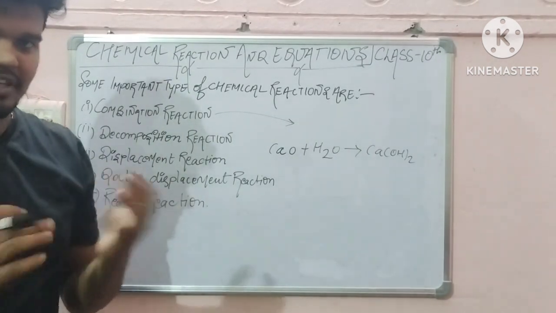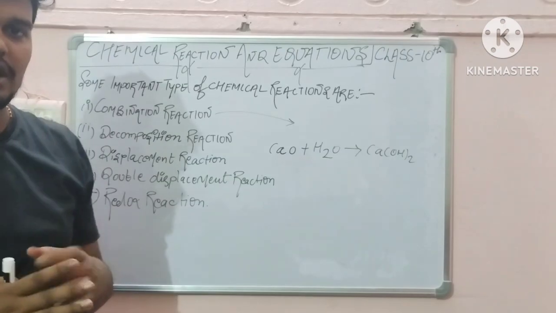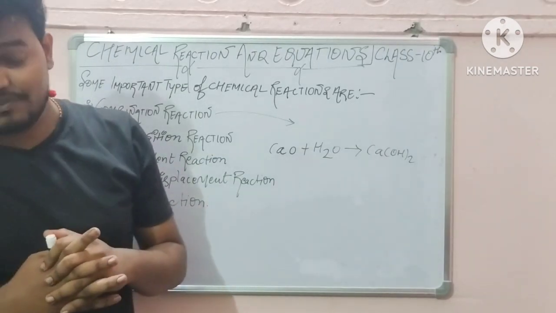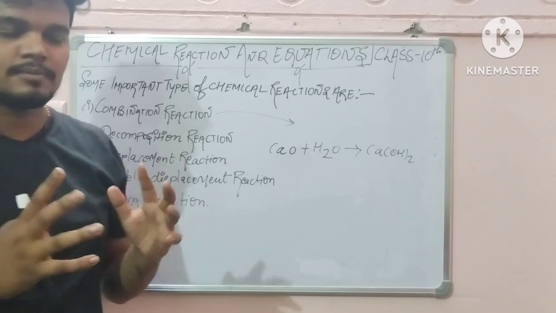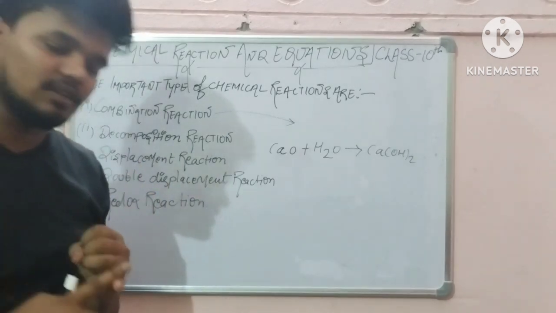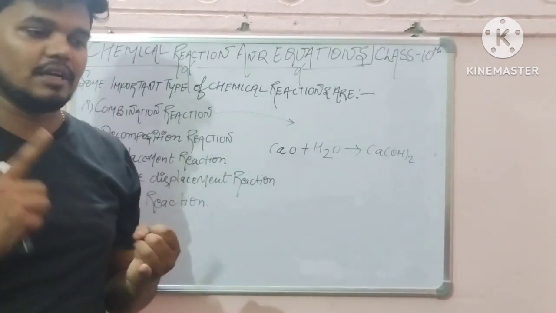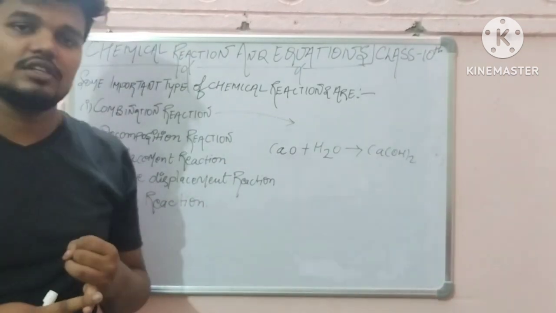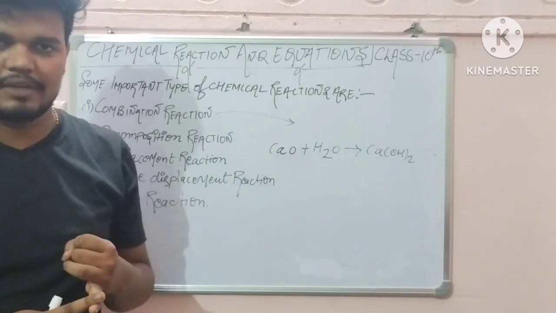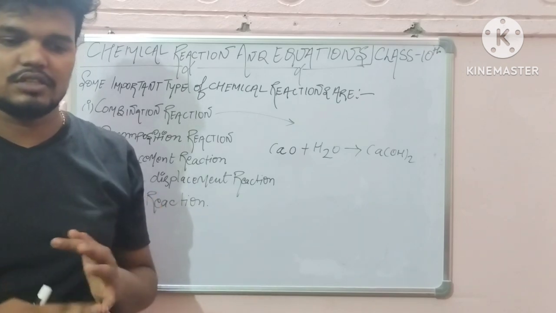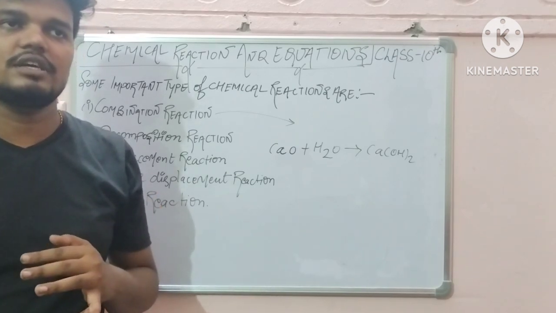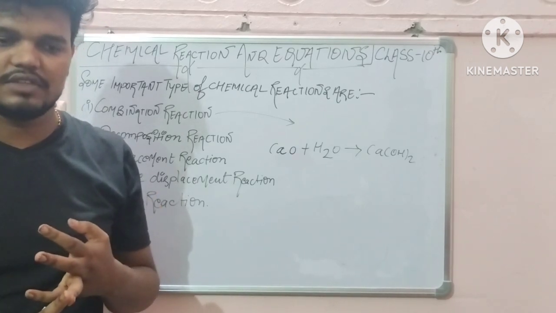So in the previous chapters we have studied many things of class 10th chapter first, that was chemical reactions and equations. Like we have studied what is a chemical reaction and we have also studied what is a chemical equation. Then we have studied how to balance the chemical equation, means what is a balanced chemical equation and what is an unbalanced equation. Then also we have studied how to find the valency with the atomic number